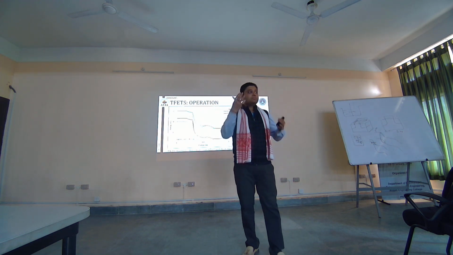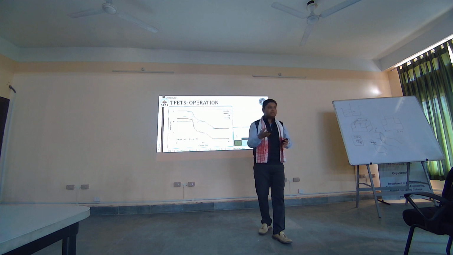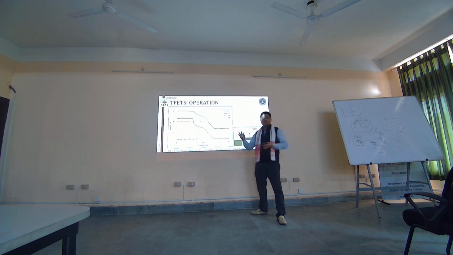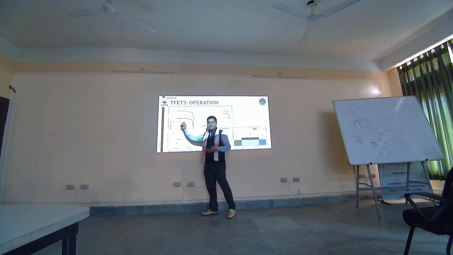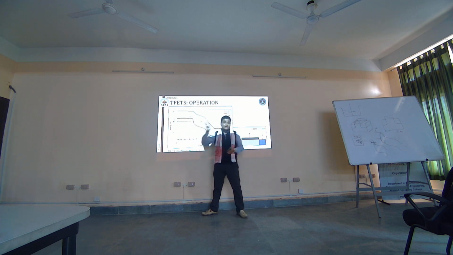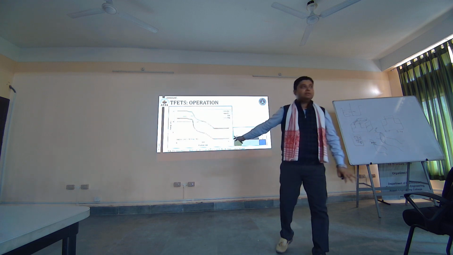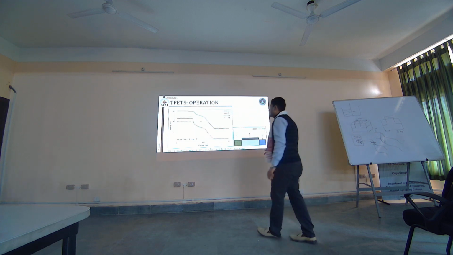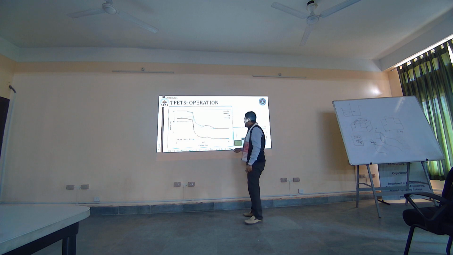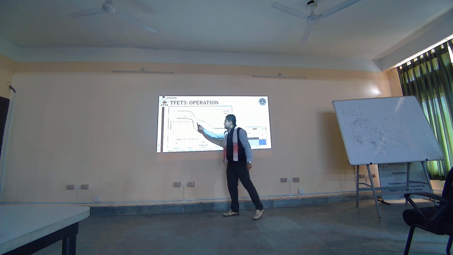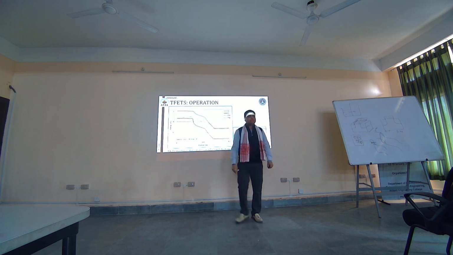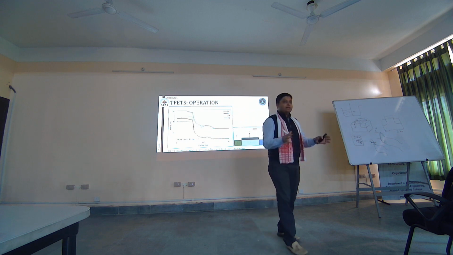But as most of us know what it is, the carriers are tunneled from left to right, from source to channel. Basically, this is the principle of operation of this device: tunneling, or band-to-band tunneling. And the main advantage of this principle is that if you observe a MOSFET and its band diagram,